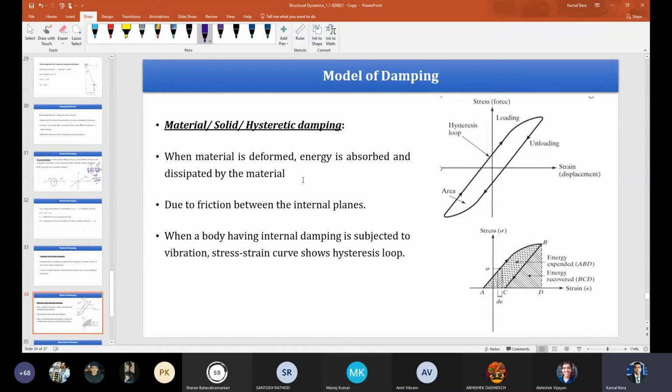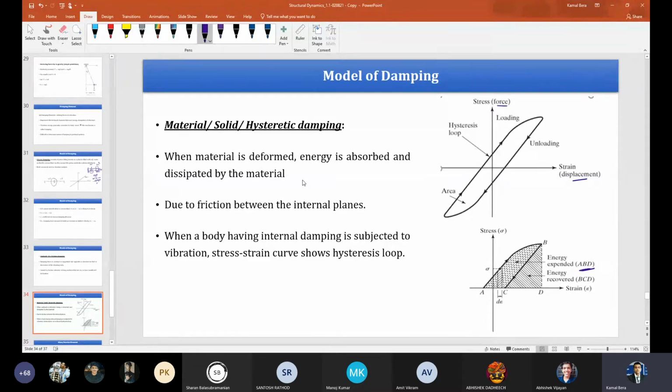So it is when the material gets deformed under the load. If we plot the load deformation curve here, it is basically the stress strain curve, shown as force displacement. If I plot this force displacement diagram, you'll see the loading path and the unloading path are not the same. So under this loading and unloading diagram, this ABD basically